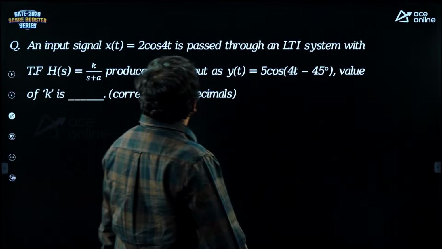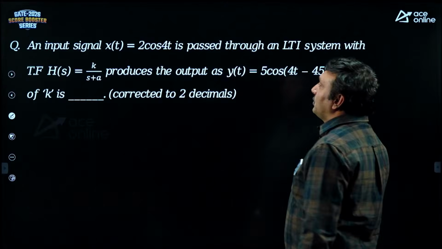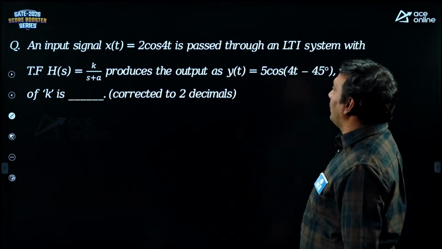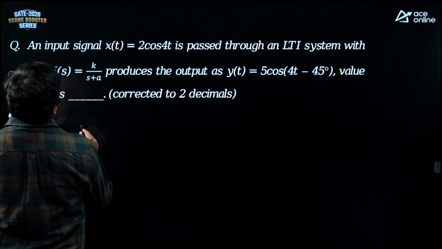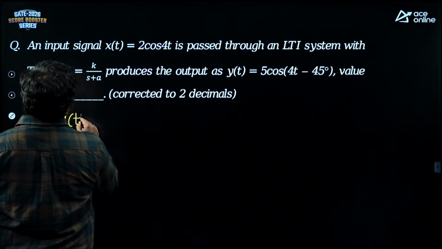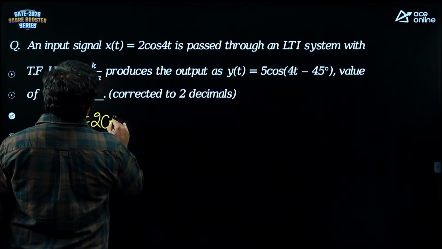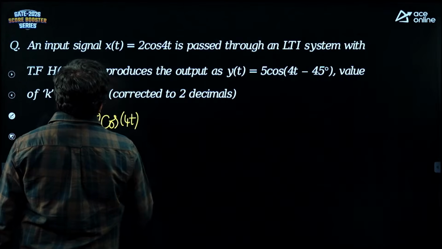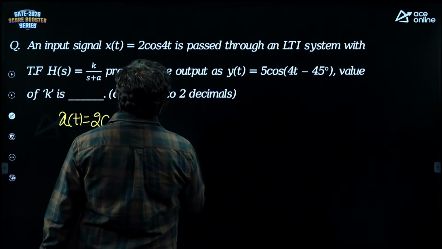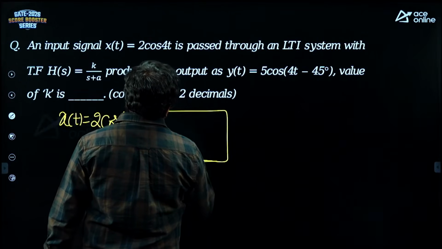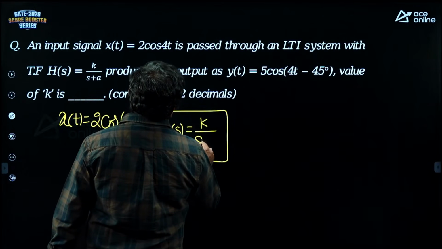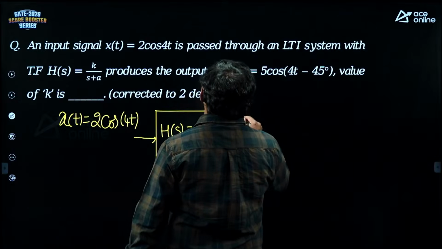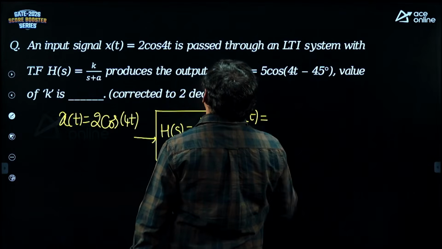An input signal 2 cos 4t is passed through an LTI system having transfer function that is producing output as this. What is the value of k? Input is 2 cos 4t, that is passed through a transfer function k by s plus a. We got the output as